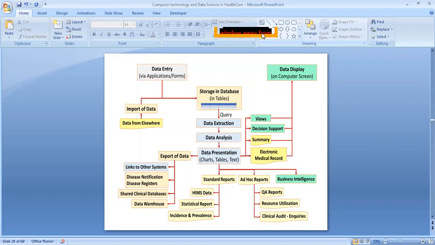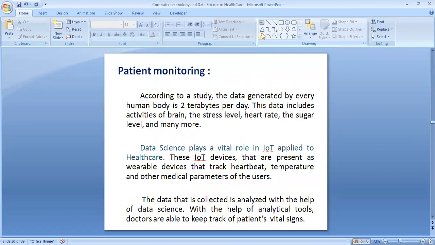It could be a clinical information system or a patient management system, or again, the transmission of all these data to a remote location so that it is useful for other patients who are situated in some other location. So in patient monitoring, according to a study, almost 2 terabytes of data are required or available from the patient's body. And specifically when you are focusing on giving treatment for a specific disorder, the number increases further. So with IoT, we are able to detect the patient's vital signs in a more portable manner.